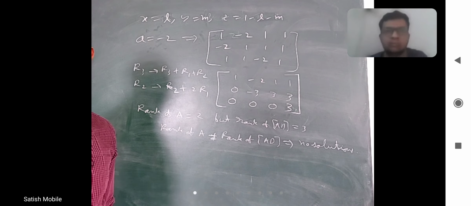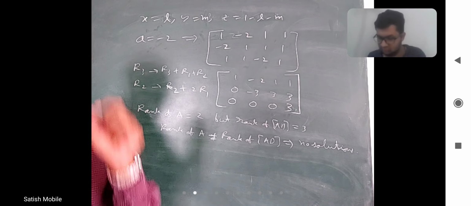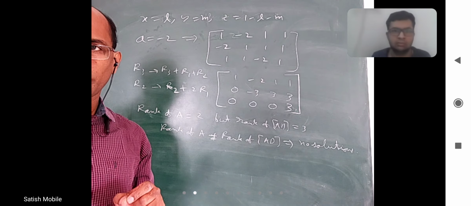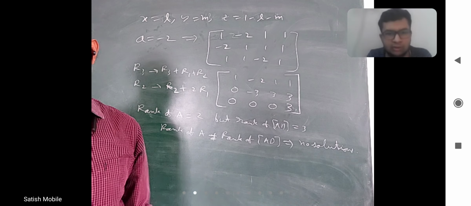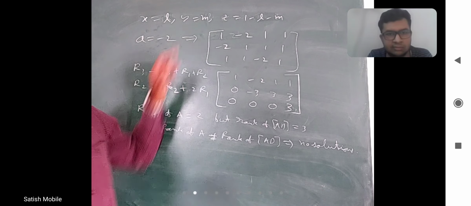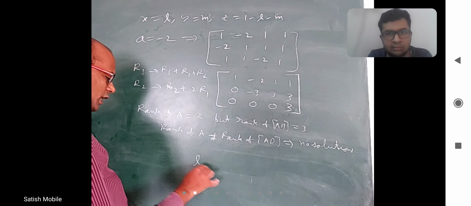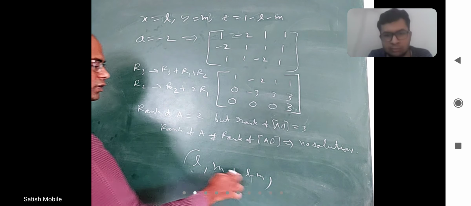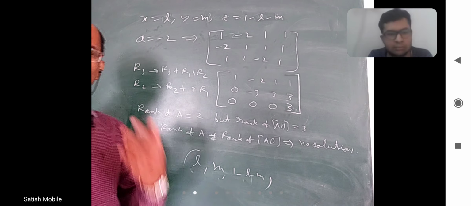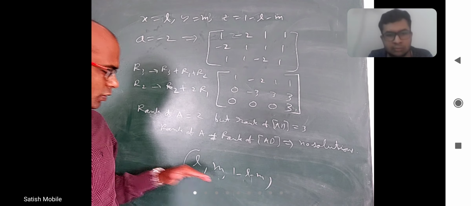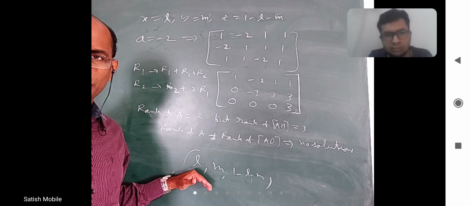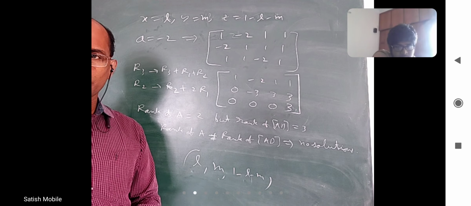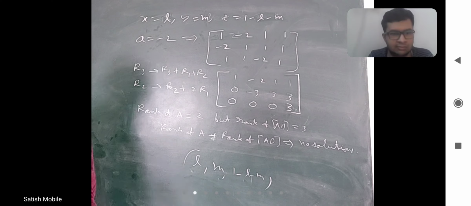Sometimes I will get only X equal to one particular number, Y equal to some particular number, Z equal to some particular number. But infinite solutions, how will you write? We write like this, L comma M comma 1 minus L minus M. This is X value, this is Y value, this is Z value. But L and M, you take whatever you want, it is always a solution. So is it giving you one solution or infinite solutions? Okay, so that's how we write infinite solution. Is it clear?